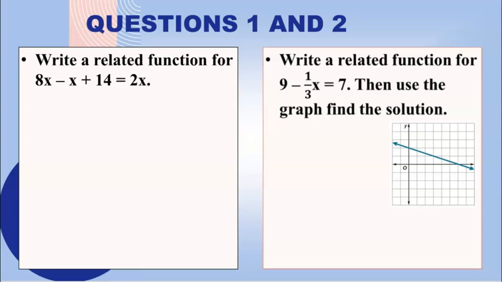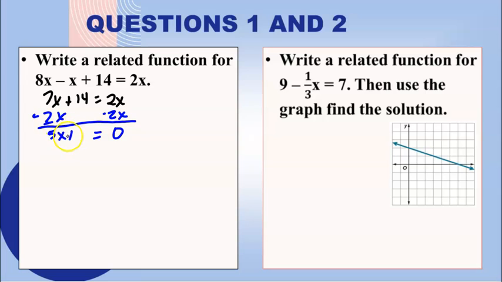So the first step we want to do is just combine our x's on the left side. So 8x minus 1x is 7x plus 14 equals 2x. Now we need all of our x's to one side, and we need this equation to equal 0. So if I subtract 2x on both sides, I now have 0 equaling